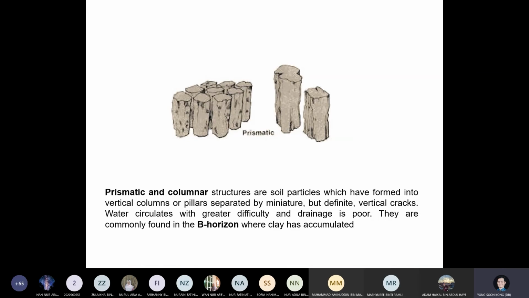And when you talk about prismatic, the soil looks like it consists of large vertical columns placed very closely one after another. Why they form these long columns is that the gaps between the columns are formed due to water movement. Because of the lack of water movement or water weathering, or maybe due to poor drainage,